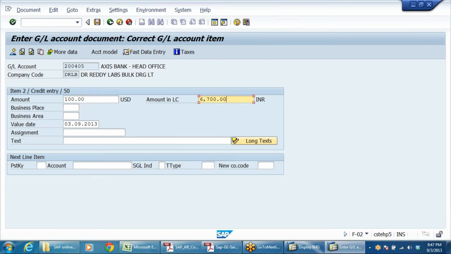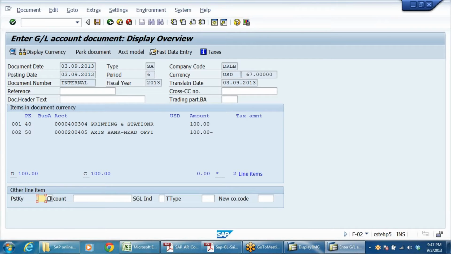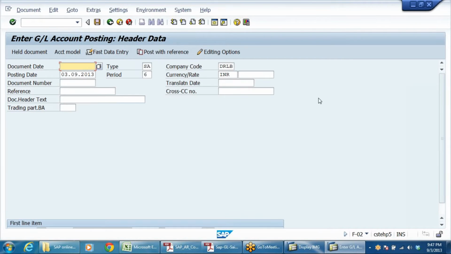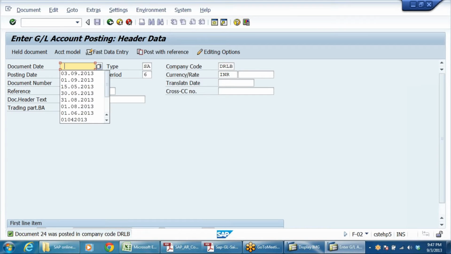So it will take 67. Right? Save it. Similarly, I'll post one more, once we post one more GBP currency, then we'll go to GL account and we'll see.